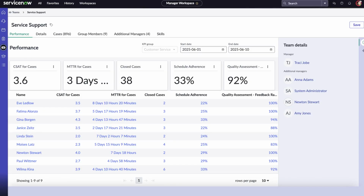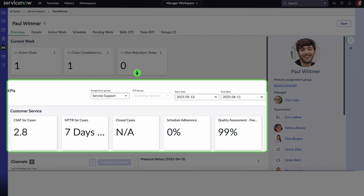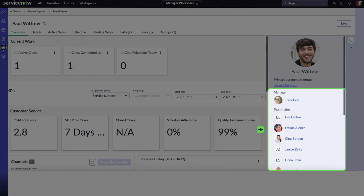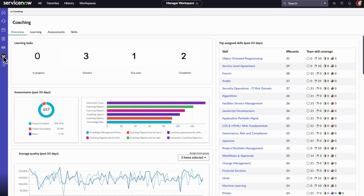More detailed views of individuals within those teams are also available to monitor the quality of service to determine what factors are contributing to positive and negative scores. Agent profiles provide relevant information about the agent, such as their individual stats, assignment group, team members, upcoming time off, overdue trainings, and more. The coaching application gives Amy a way to monitor the quality of the work her team